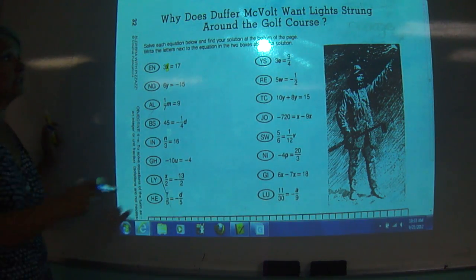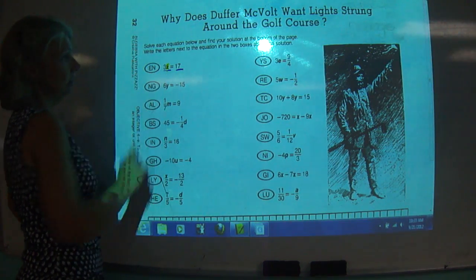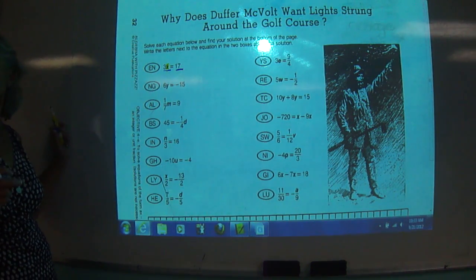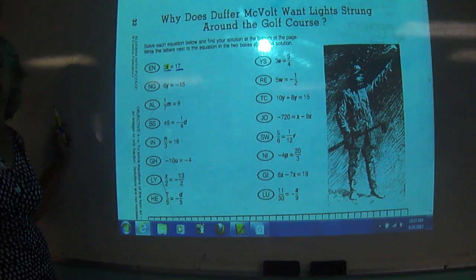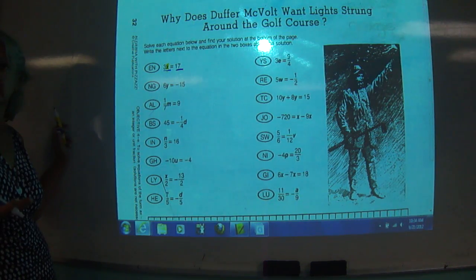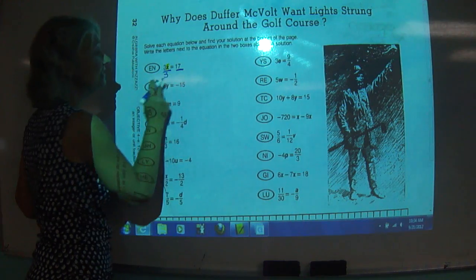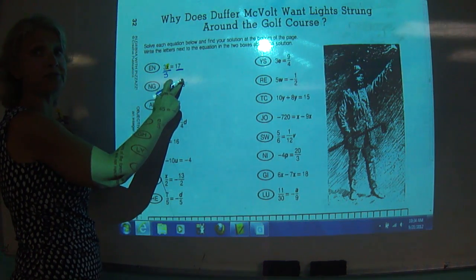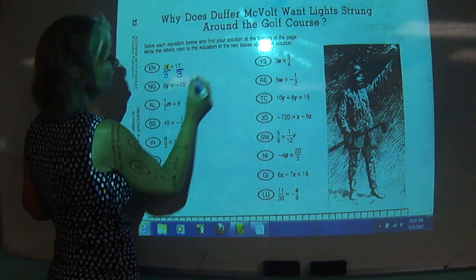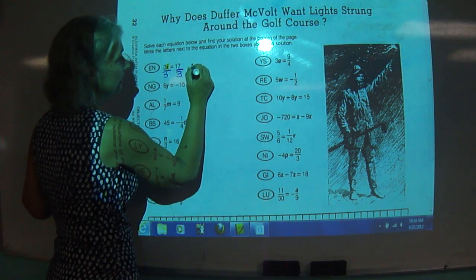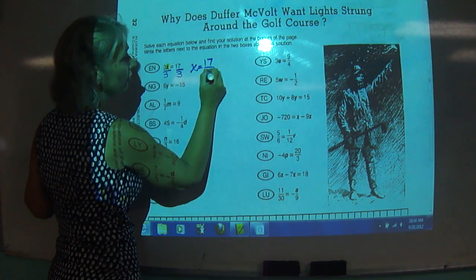What's the inverse operation of multiplication? Dividing. So we need to divide using the inverse operation by something to make 3 into the number 1, because we want 1x, not 3 x's. So what do we divide by? 3. Good. If we divide this side by 3, what do we have to do on the other side? Divided by 3. Divided by 3. Perfect. So now we have 1x, or x, equals, and we already have the other side written, 17 thirds,